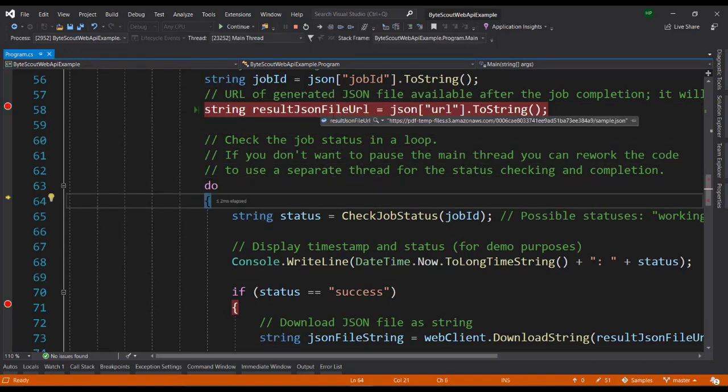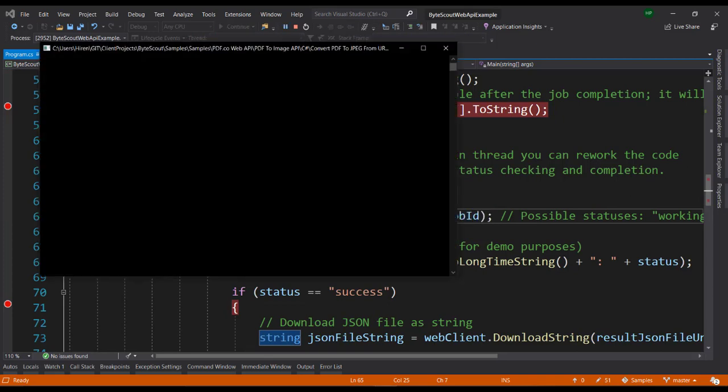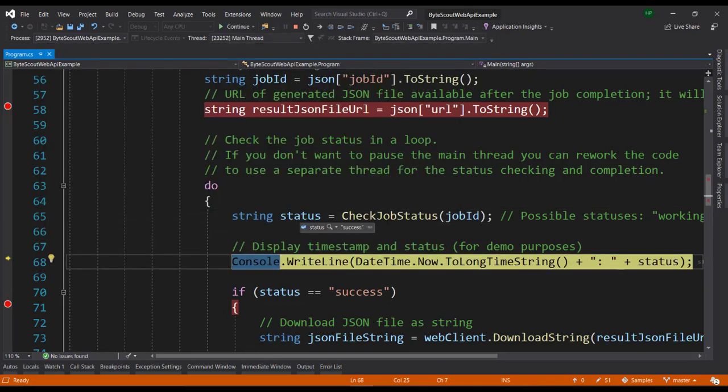Let's see what's inside this. So we are having the expected output files URL. So this will not be ready until the job is completed. Okay, job is completed now.